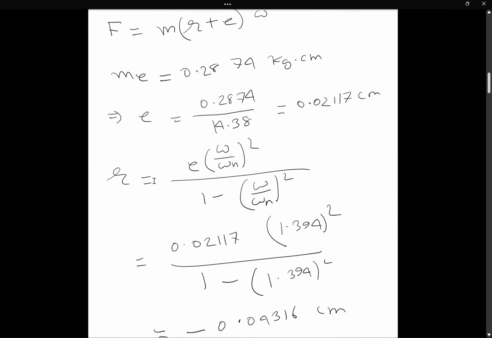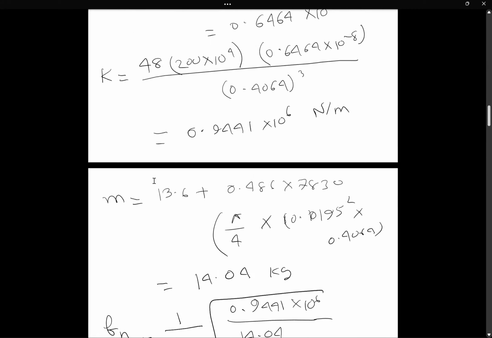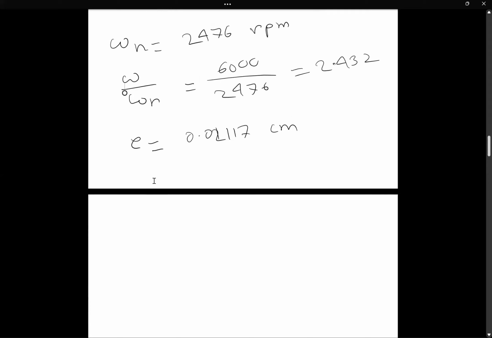When I was calculating ME, it will be the mass of rotor, so it would be 13.6. Sorry for that. Since the mass of the rotor remains same, the E would be same as part 1, which is 0.02117 centimeter. So now we're going to find the R, which is E omega by omega 1